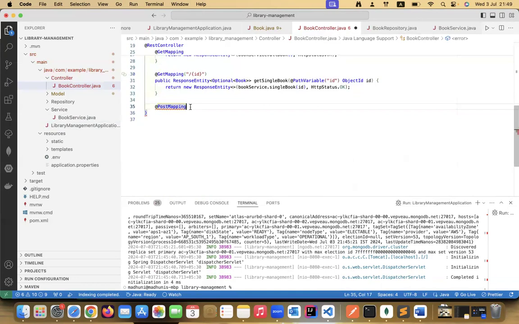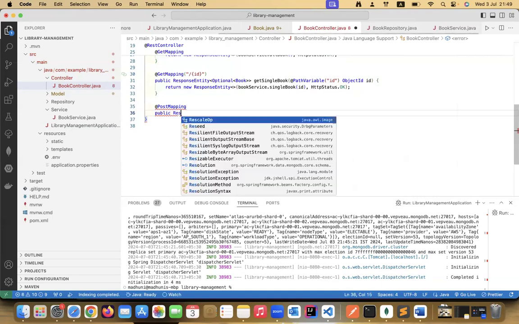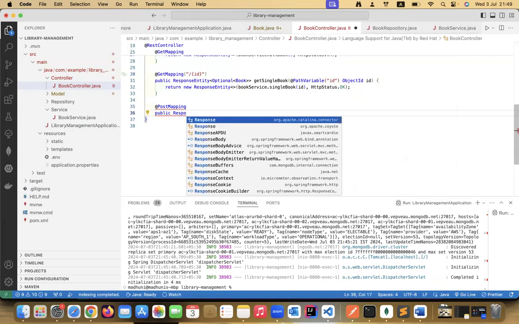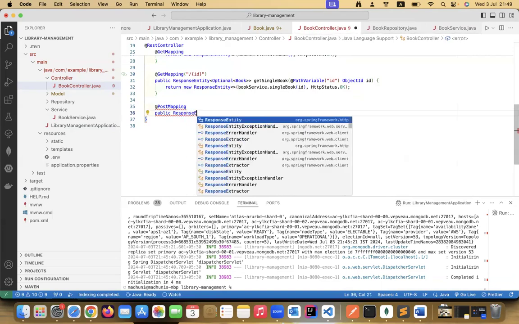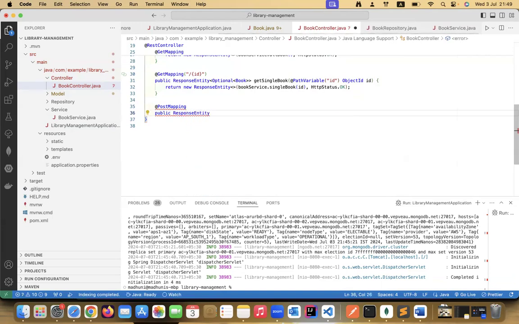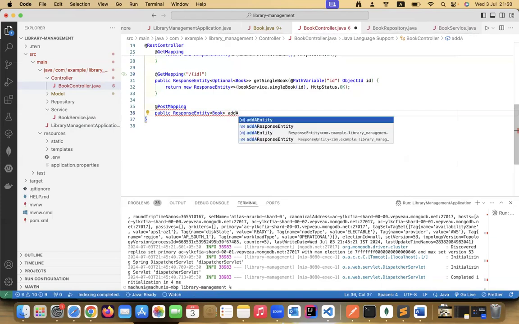Okay. Now the next thing is the method. Public ResponseEntity, here we are giving Book. So the method, let's say addBook,